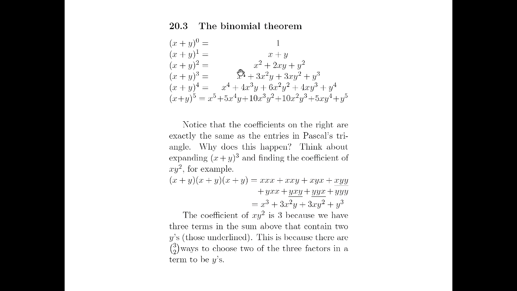And hopefully, you can see I'm getting Pascal's triangle here as the coefficients, right? So this is 1, this is 1, and this is 1. This is 1, 2, 1. This is 1, 3, 3, 1. This is 1, 4, 6, 4, 1. 1, 5, 10, 10, 5, 1. That's Pascal's triangle back again, right? So, first question is why? Why are we getting Pascal's triangle like this?